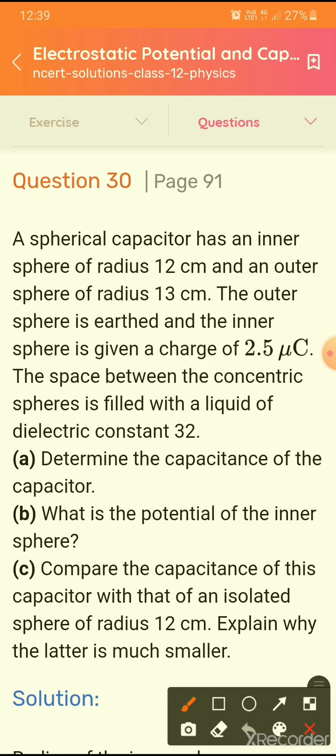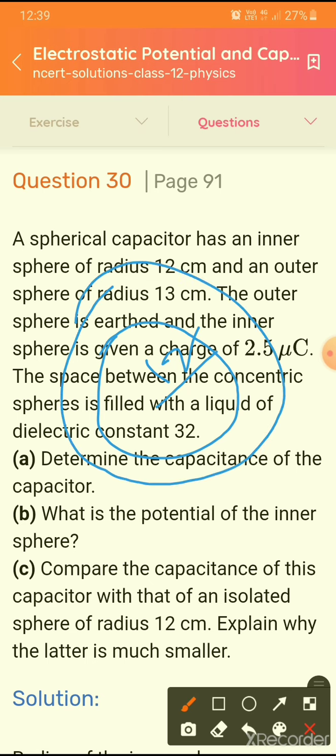That is, there is an inner sphere and this radius is 12 centimeter, and an outer sphere of radius 13 centimeter. The outer sphere is Earth and the inner sphere is given a charge of 2.5 microcoulomb, and the space between the concentric spheres is filled